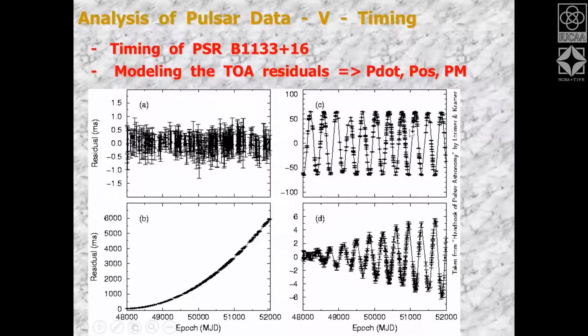Sir, I had a small query. Is there any direct relationship between the period of rotation of a pulsar and the spectra of the pulses which we receive? Because we were analyzing the ORT data and we obtained something like that. What do you mean by spectra? Spectra, you mean the Fourier transform? Yeah, sorry, exactly. The Fourier transform.